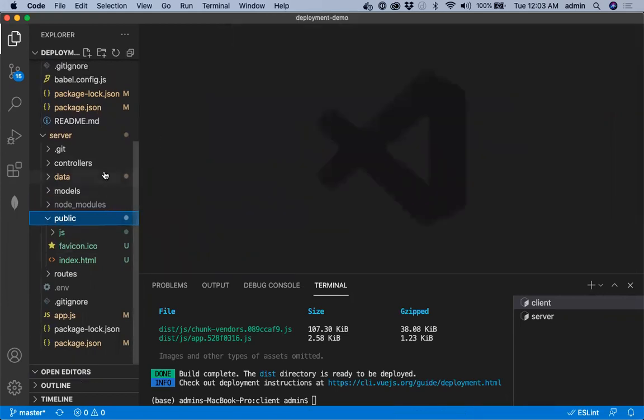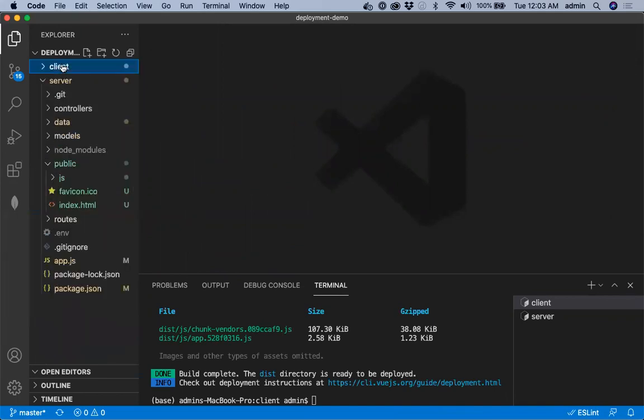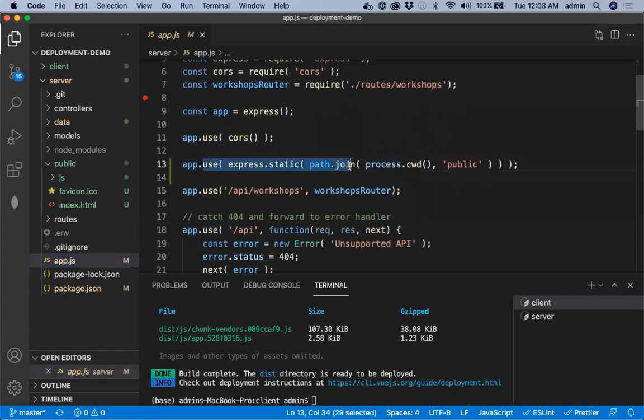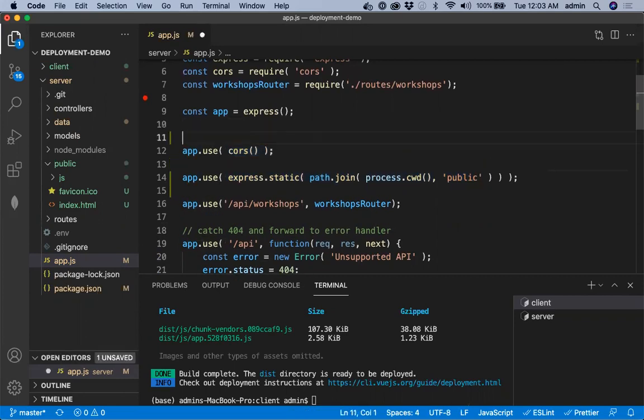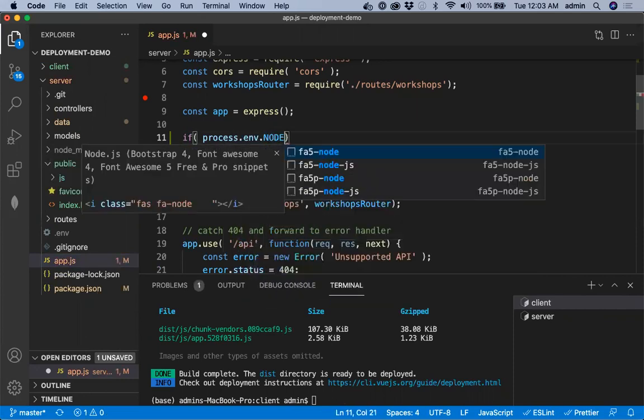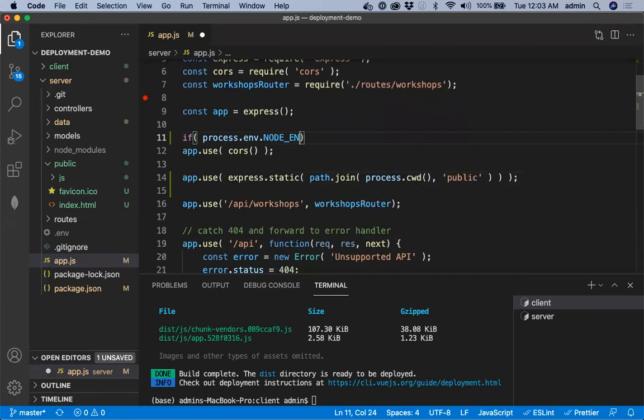Now back to our server folder. I close out the client. Server has the public folder. In app.js, we have included the static file server as one of the first middleware, right after CORS. So we wouldn't actually require CORS in a production environment. So if you want, you can check process.env.NODE_ENV, and if it is development, only then enable CORS.